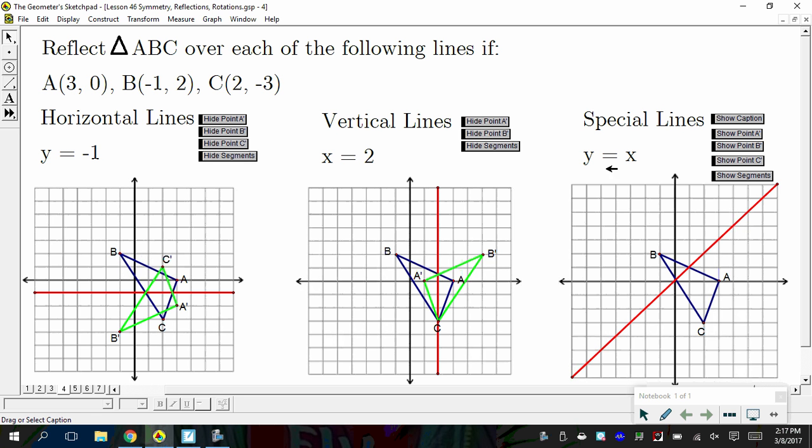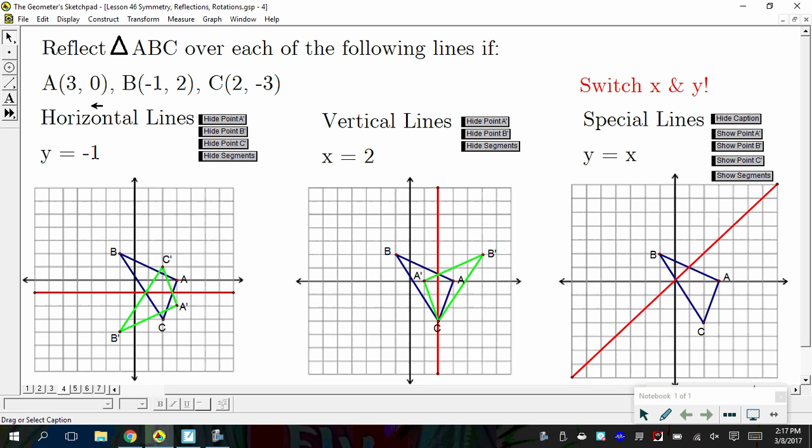Whenever I'm trying to make a reflection over y equals x, all I'm going to do is switch the x and y coordinates. So you can draw the line y equals x, which looks like this. X and y are the same for every point: 1, 1, 2, 2, 3, 3, 4, 4, and so forth. If I take the coordinates for A, which are 3, 0,